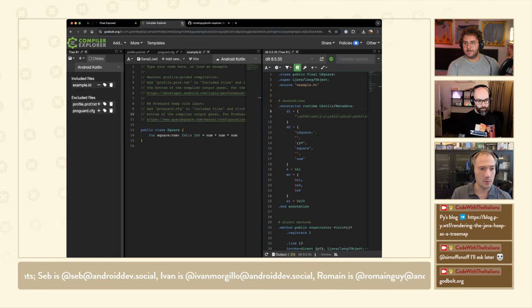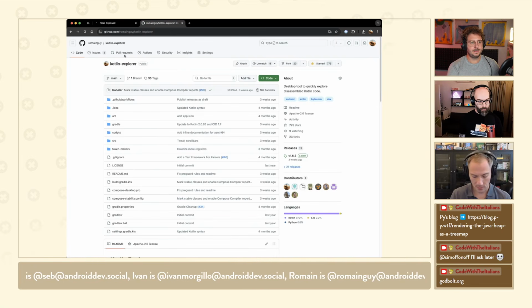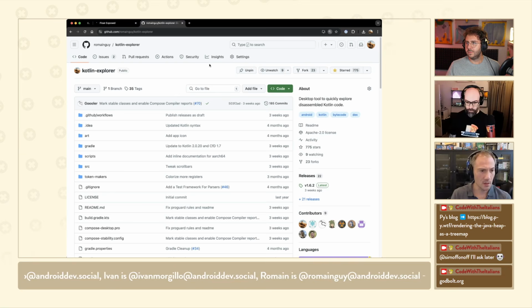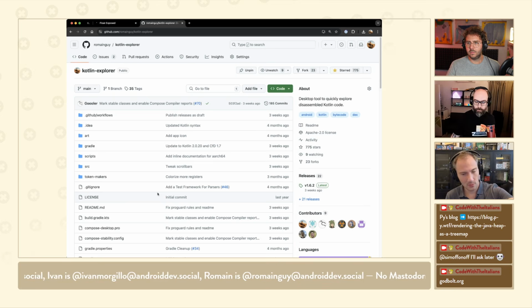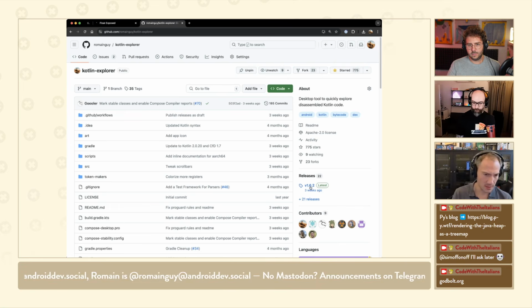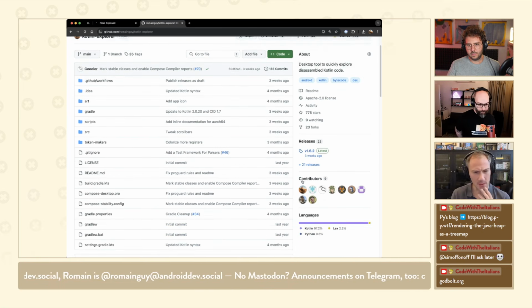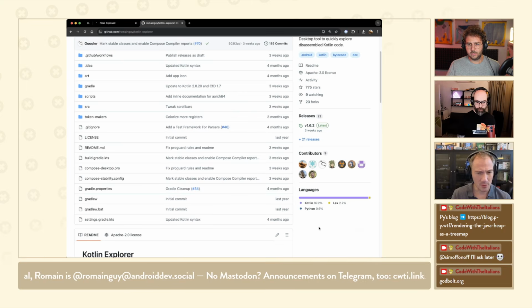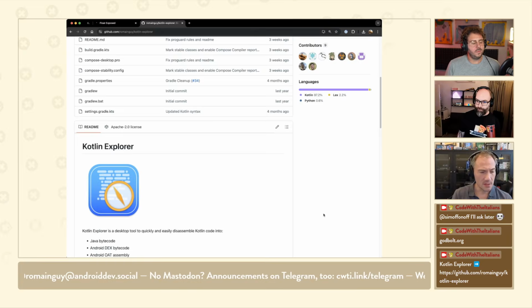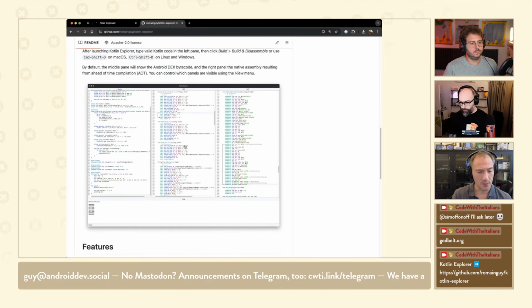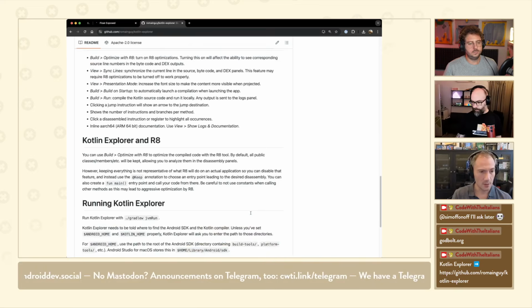That said, Sebastiano mentioned Kotlin Explorer. Kotlin Explorer is a tool that I wrote that basically does the same thing. When I wrote this tool, what I just showed you was available internally at Google. Someone's machine somewhere on the network was running it. But I wanted to have something available offline. So it's on GitHub. You can download binaries for macOS, and I think Linux as well. Yeah, macOS and Linux. Windows should work, but I don't have a Windows machine to test with, so try it on your own. And it's basically the same idea. It's written in Compose for Desktop, and we're going to be using that from now on.